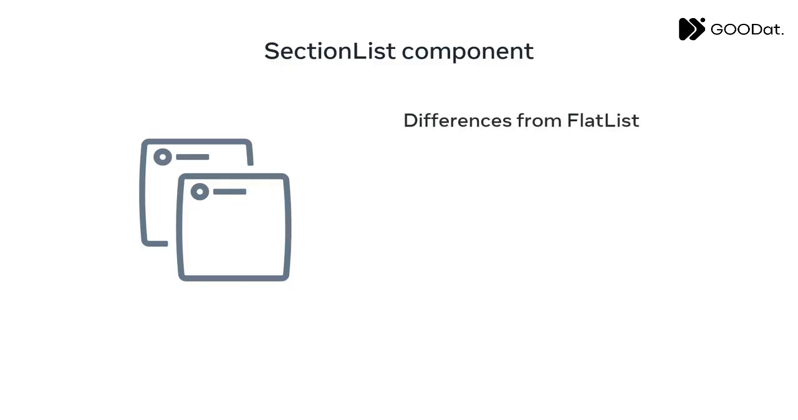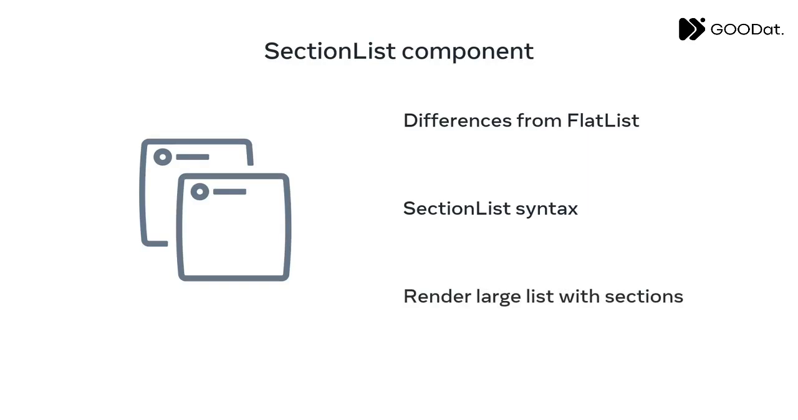This is similar to FlatList, but also adds the ability to render lists into sections. By the end of this lesson, you learned how to recognize the differences between SectionList and FlatList and identify appropriate use cases for each one, describe the syntax of the SectionList component and the purpose of its required props, which are sections and renderItem, and use SectionList to render a large list separated into sections, with each containing its